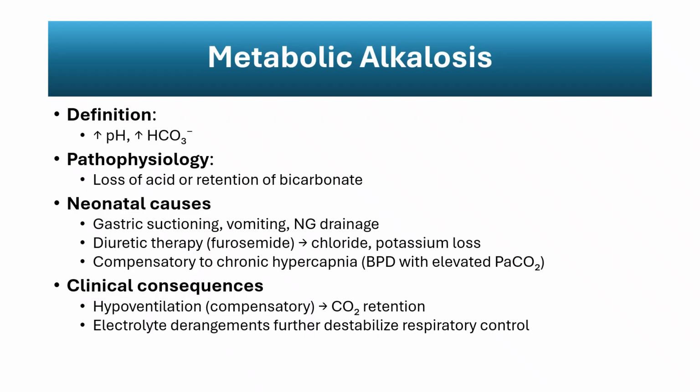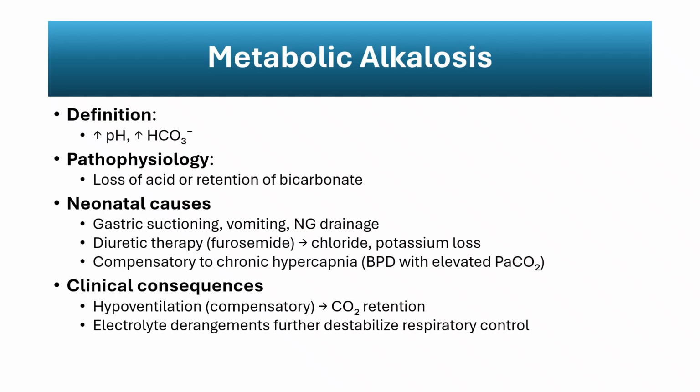Loop diuretics such as furosemide promote urinary chloride and potassium losses, impairing the kidney's ability to excrete bicarbonate. Chronic hypercapnia in infants with bronchopulmonary dysplasia can also lead to compensatory metabolic alkalosis as renal bicarbonate retention persists after carbon dioxide content normalizes. The physiologic effects include hypoventilation from respiratory compensation, which can worsen carbon dioxide retention in infants